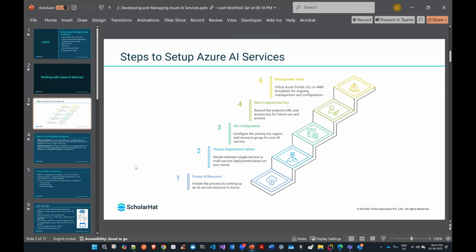Fourth, to access the API, we need to note down the endpoint and the key. And finally, we have the tools to manage and monitor things. These are the steps whenever you are working with any Azure AI service.